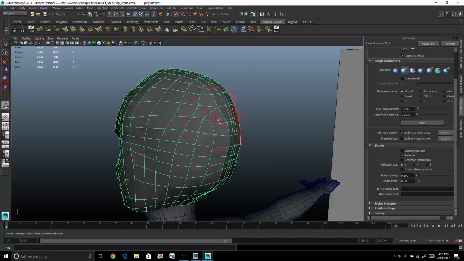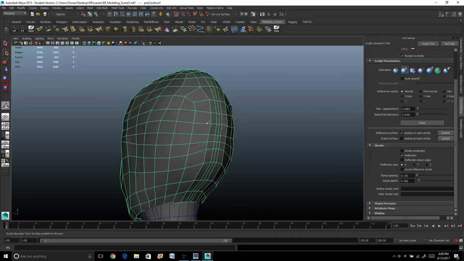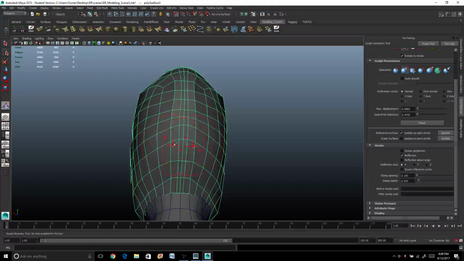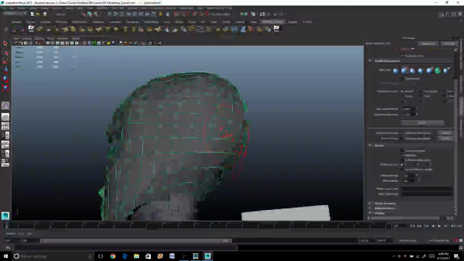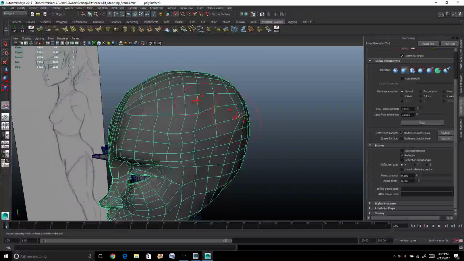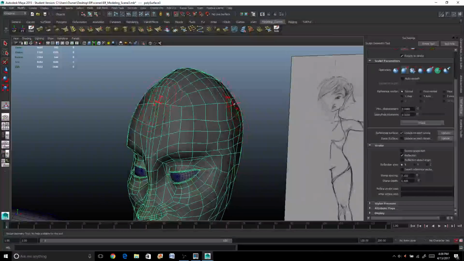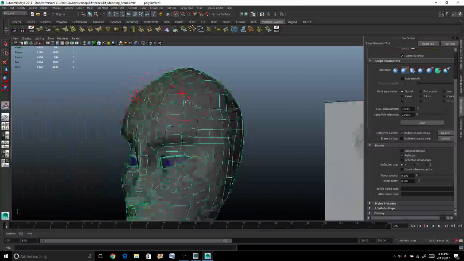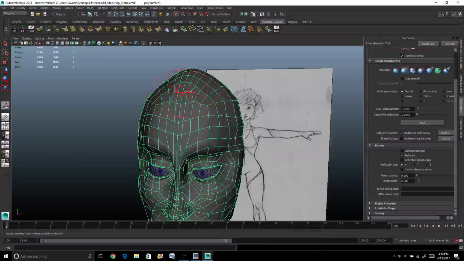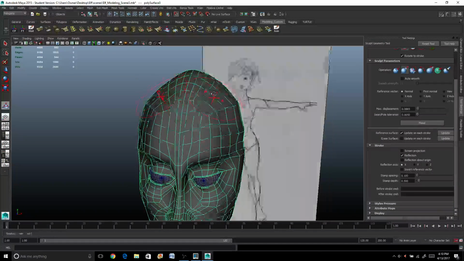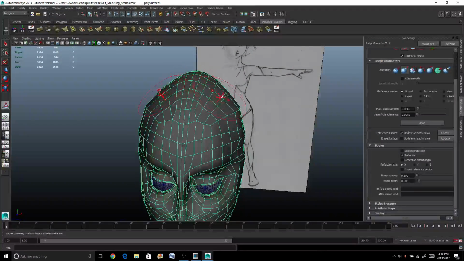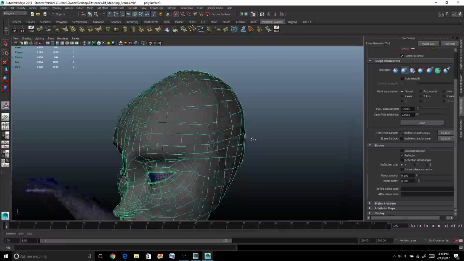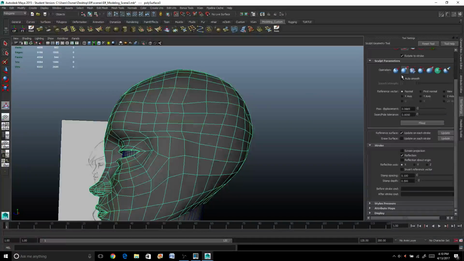So I'm just holding shift and left mouse button clicking on this. That just smooths out the geometry. Okay, that's looking better. Now I need to add some volume to it, so I need to use the bulge tool,